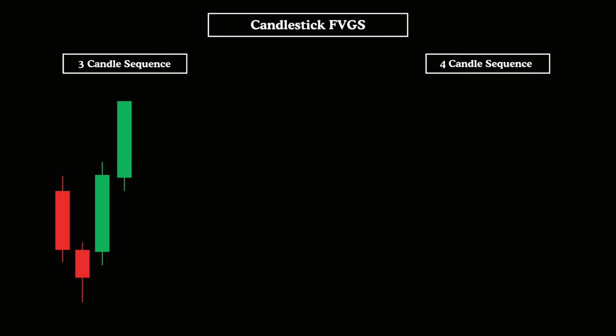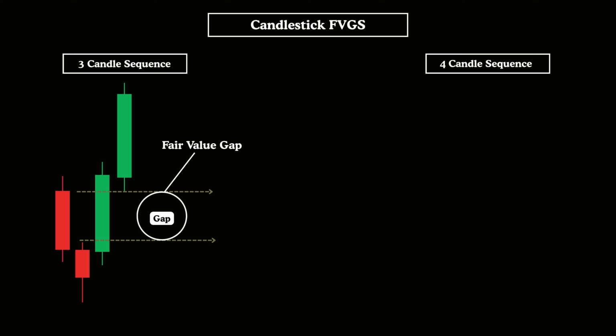Now, let's move on and examine how we can recognize fair value gaps by analyzing candlestick formations in the market. Fair value gaps generally appear within a sequence of 3 candlesticks and are visually clear on the chart as a prominent candle. The key identifying factor is that the upper and lower wicks of the candles on either side don't entirely overlap the body of the central candle. This forms what's known as the fair value gap zone, which occupies the space between the wicks and is marked using the body of the middle candle.